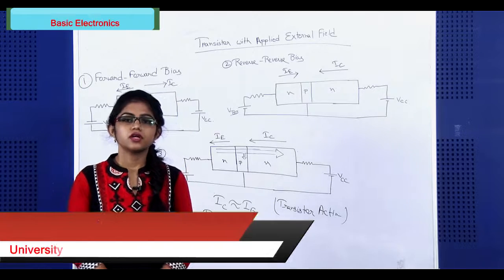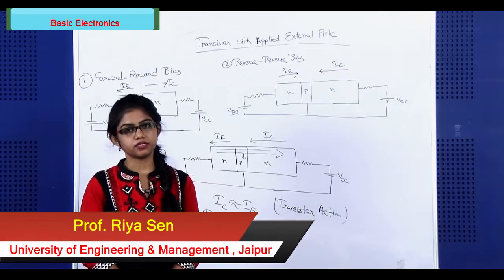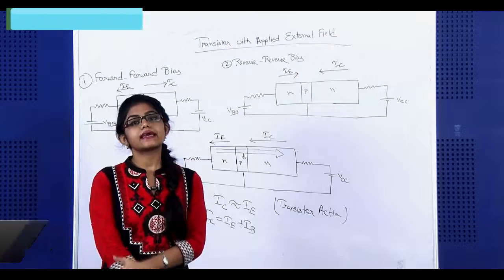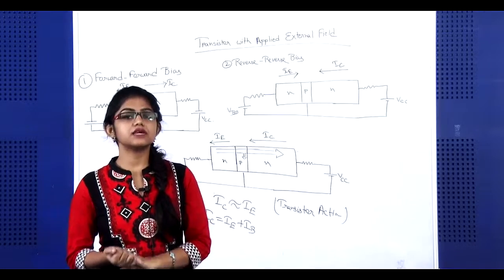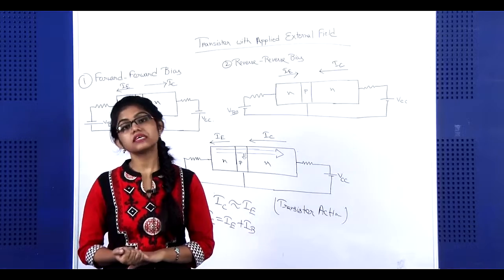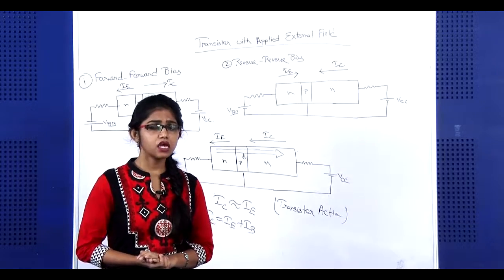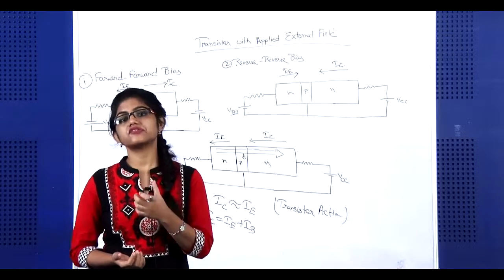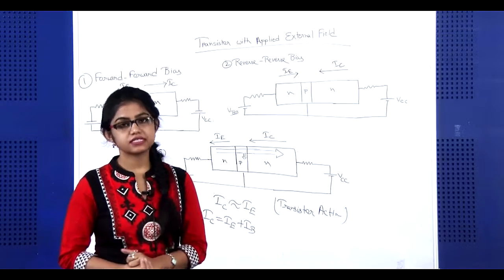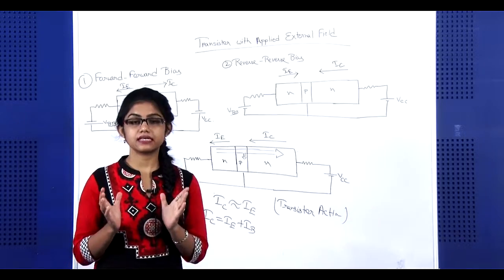Hello everyone. So, today we will study transistor with external bias voltage. I told you that in case of transistor, basically we will focus on a transistor as an amplifier. That means a weak signal will be amplified by this kind of circuit. So, whenever we consider a transistor in an amplifier circuit, we have to connect the external bias voltage, external supply